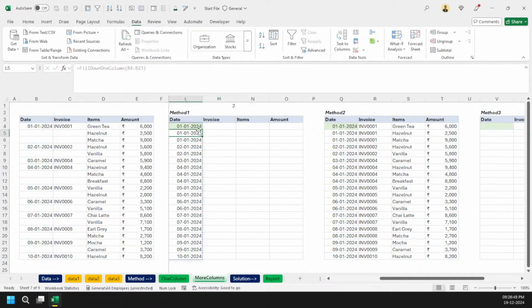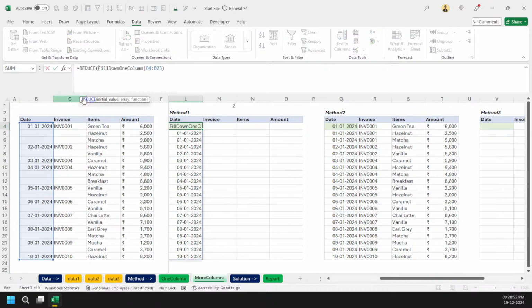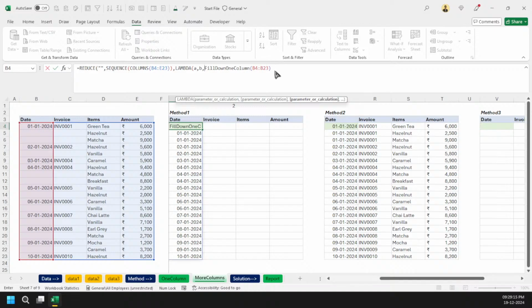So now what can I do? Because this function is going to apply here, I'm going to use the reduce function. Okay. And I'm going for sequence, a sequence of the number of columns here. Just see. And then because this is a function, I'm going for lambda a b. And here I'm coming for the index portion, which is my data, and then all the rows, and the column will be my b.